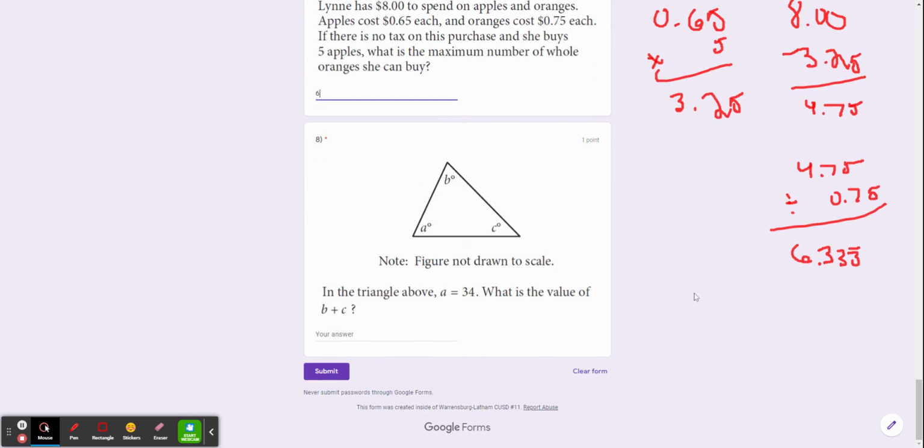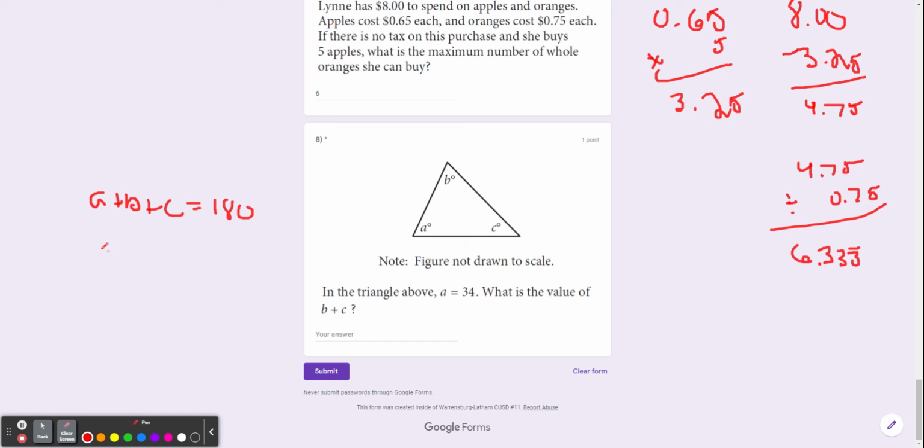All right, number 8, figure not drawn to scale, which means you can't try to eyeball the angles. In the triangle above, A equals 34 degrees. What's the value of B plus C? Now this problem relies on the fact that in geometry, in a triangle, all 3 angles have to add up to 180 degrees. I don't care what B and C are separately, but since the 3 of them have to add up to 180, if I know what A is, I can work out what this has to total to. So I know that angle A plus angle B plus angle C